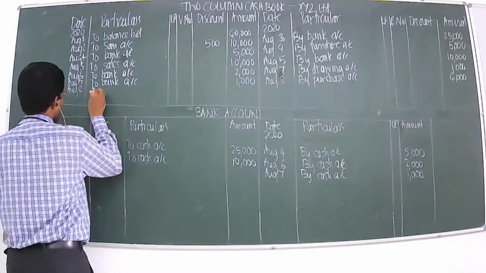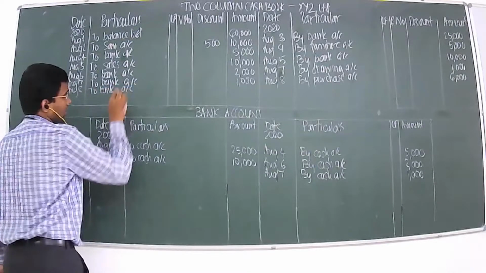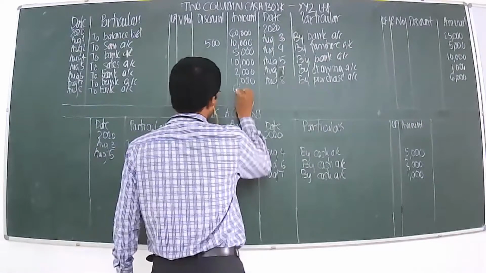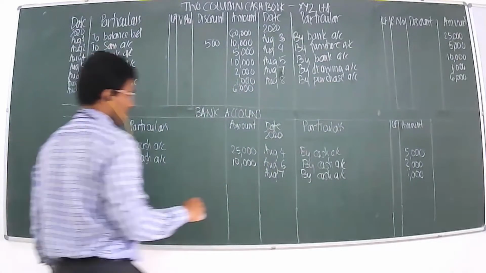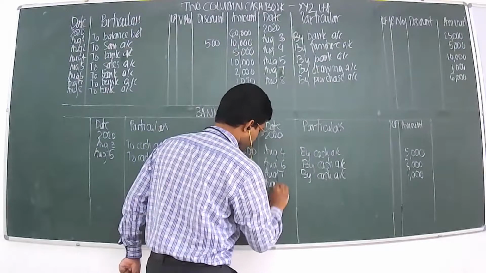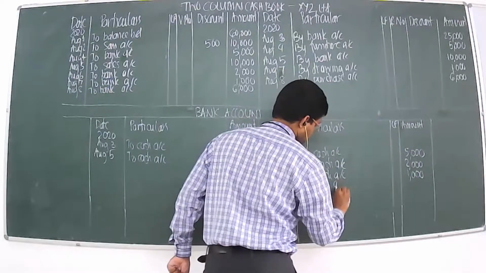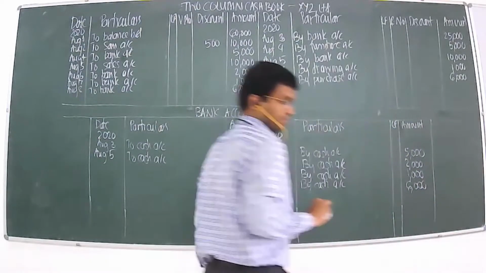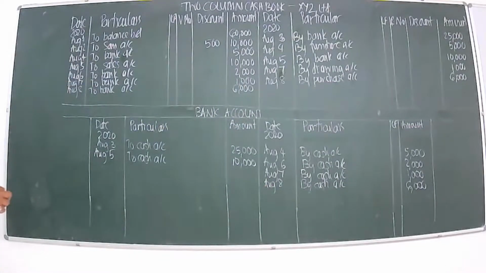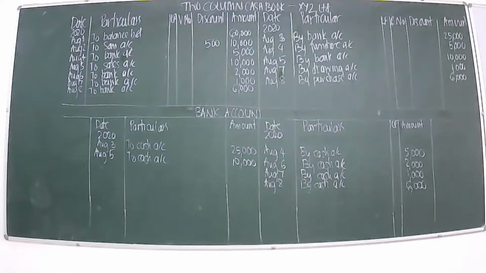August 8th to bank account, 6,000, and then here by cash account, 6,000. Now let's look at the next transaction. August 9th, paid